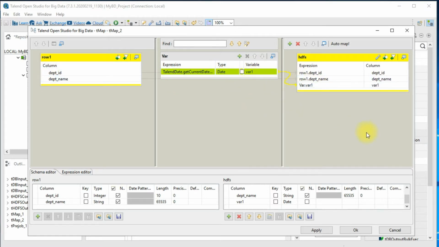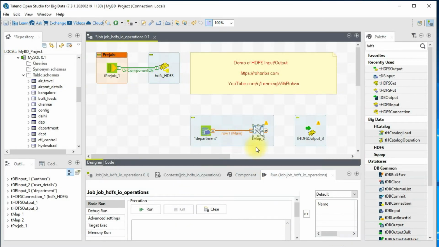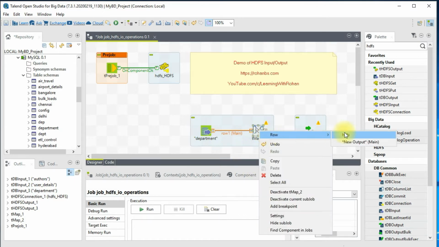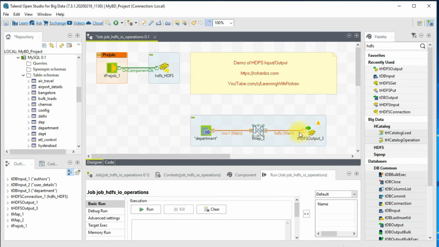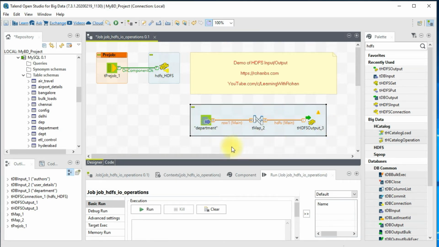Just to show the demonstration, you can perform several things here. You can even do a lookup from another table or a file, and then have your final HDFS target created this way. You can do several possible combinations. You can even have an aggregator, sorter, or do any other joins, and several things you can do. We have seen several examples on my YouTube channel. You can go ahead and check those videos. So for now I'm good with this. I'll go ahead and save the job.